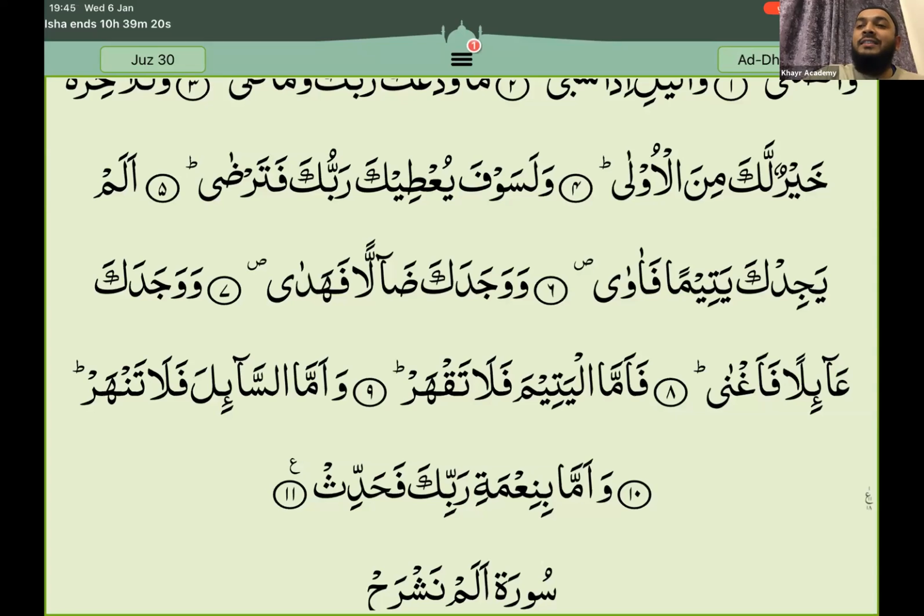Okay, there's one more rule we're going to do. You know the shadda with the ba? Wasn't there a note saying that has to be at the end? This is in the middle. Rabb, it has to be at the end. That shadda one you wouldn't get much in the Quran. There's only a few. One is in Tabbat yada abi lahabin wa tabb, and there's one or two more. But it has to be at the end.